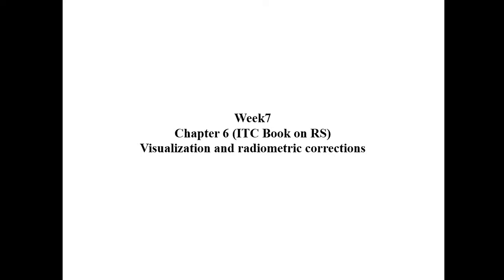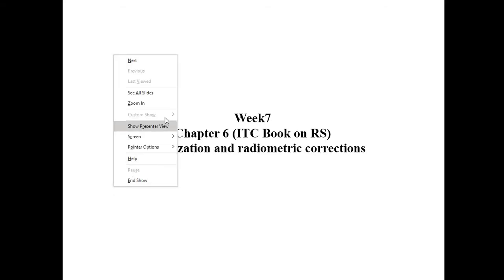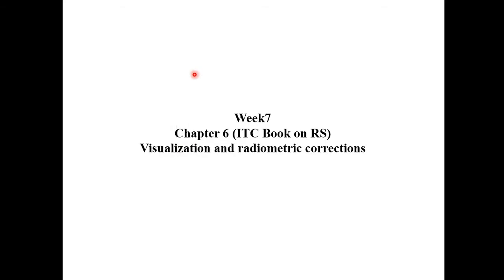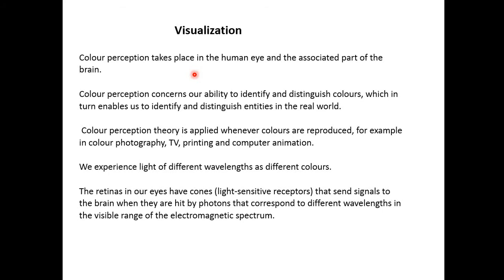Our today's theory lecture is about visualization and radiometric operations in different geographical operations. Visualization is basically related to our eye, that what we see in any GIS or ArcMap software, what we see in any satellite image is basically the color combination, contrast, hue, brightness, saturation. So these are related to visualization.